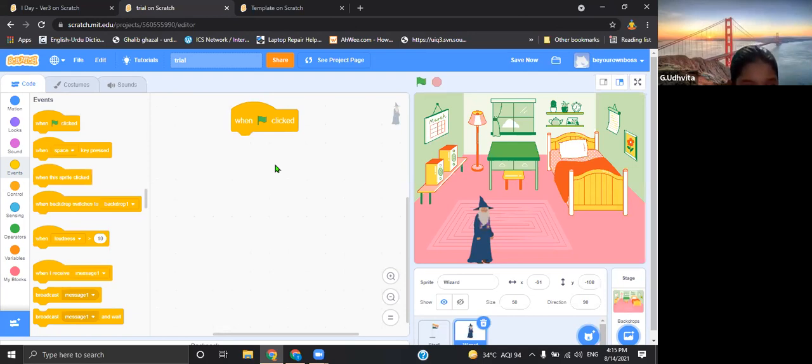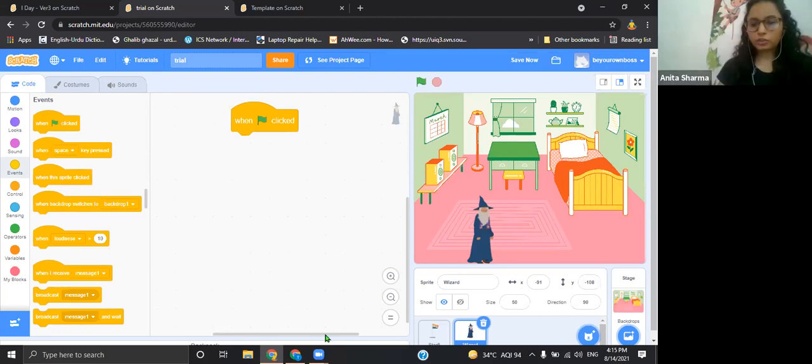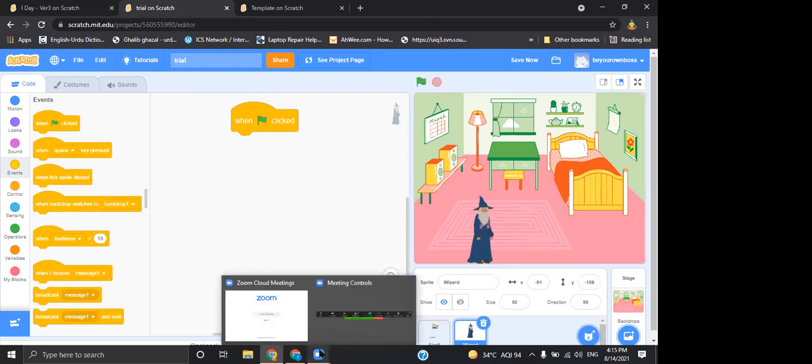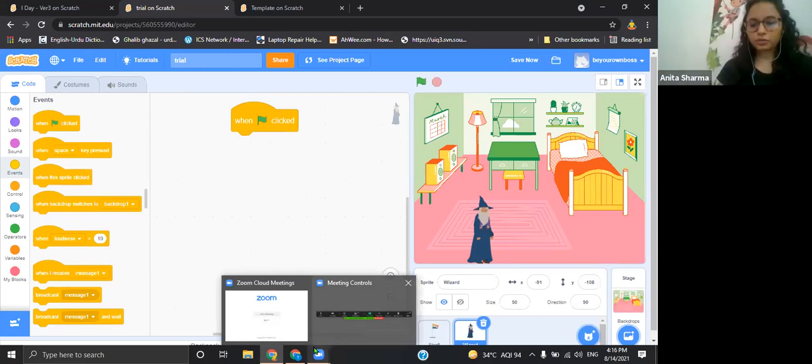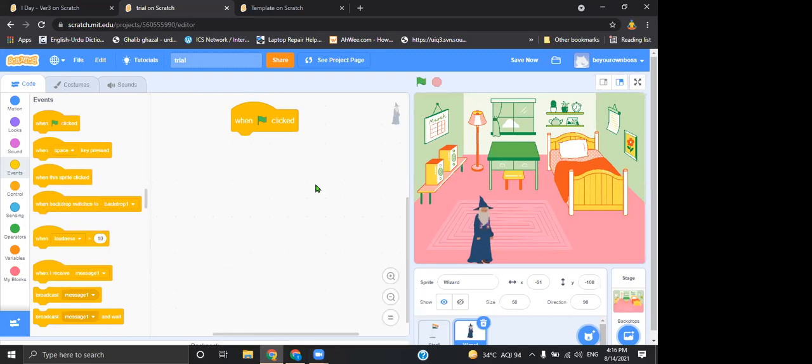There is no link over here. Just check in your chat box. I have just joined, so that's why the link has not come. Okay, we'll share it once again. The flag is needed tomorrow. Today you don't need the flag. We just need to go to the Scratch website and then start coding. Anyway, I am sharing the link again.